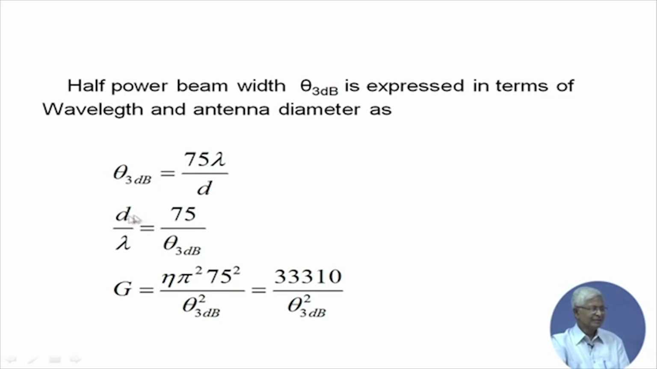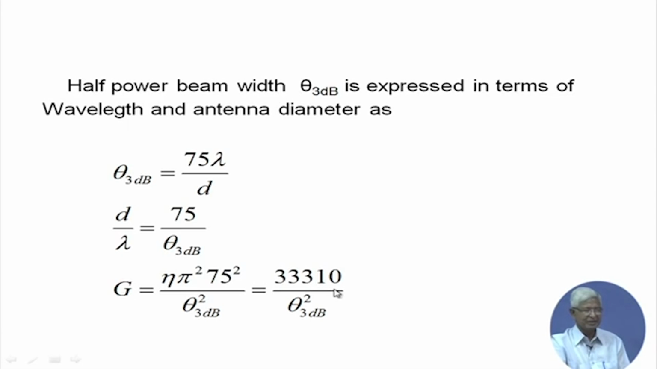Theta 3 dB is 75 lambda by d. The other way we can say d by lambda is 75 by theta 3 dB. Why do we say d by lambda? Because in the previous expression we have seen gain in terms of d by lambda. So, the gain can then be expressed as eta times pi square 75 square by theta 3 dB square, because d by lambda is replaced there by 75 by theta 3 dB. And if you take efficiency eta as 60%, which is generally true, and put these numbers in, approximately this number comes as